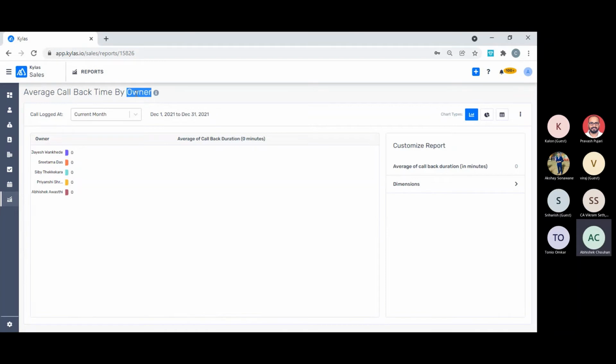This is a very important parameter to track because it's critical to call back a customer within a certain period of time in order to increase the chances of conversion, right?